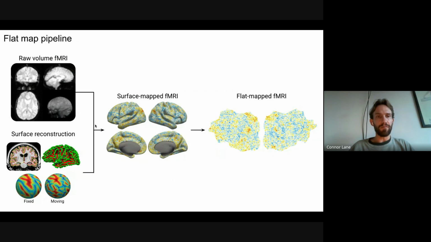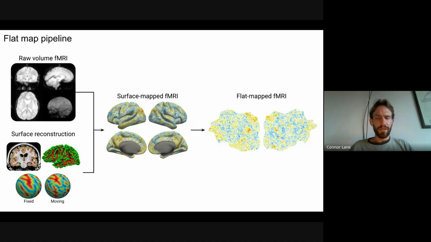And then you can combine these two to map the fMRI onto the cortical surface, and then do the flattening that I just showed in the previous video to get the final flat mapped fMRI. This process is a computationally expensive pre-processing step that thankfully is done for us and has been worked out over the past 10 years or so of neuroimaging community development. And so we're just leveraging this in order to project our data down into a representation that has the right structure that we would like.